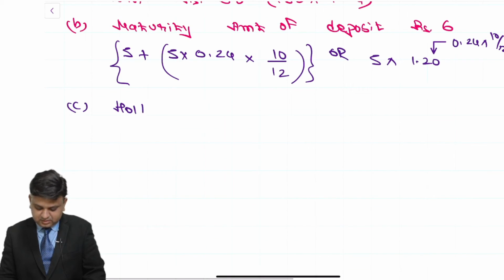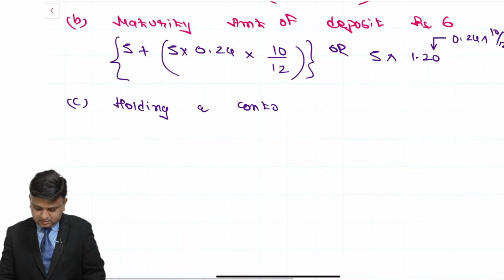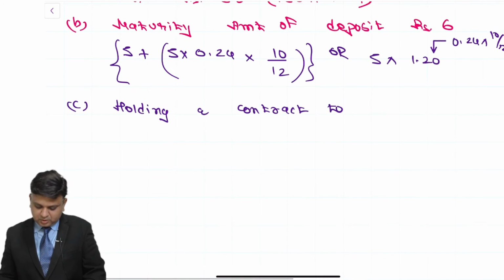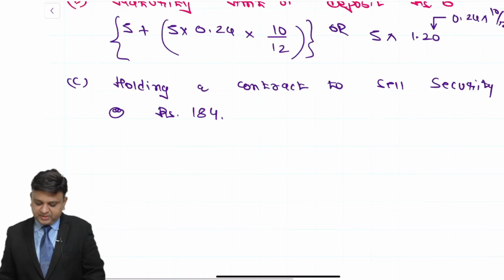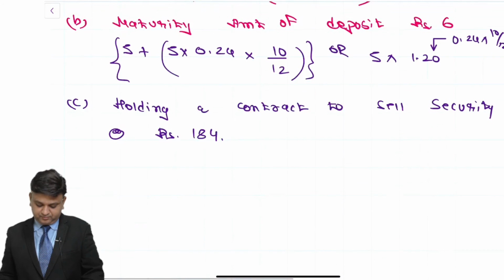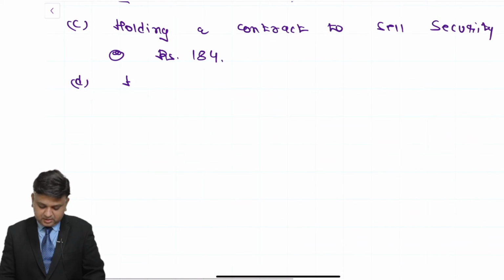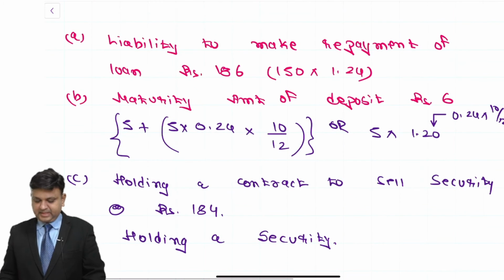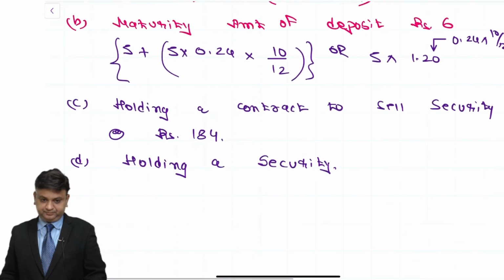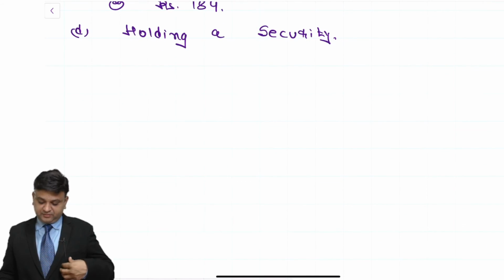C, holding a contract to sell the security at the rate of rupees 184. D, holding a security. These are the 4 things that you will have. With a paragraph, write down